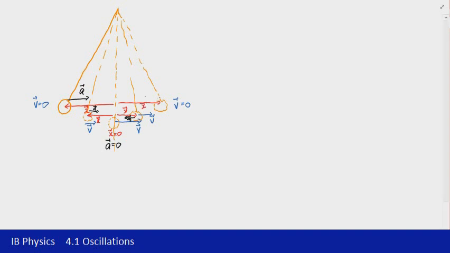I know there's a lot of messy notations there. I just wanted to really clarify those points first, so that we can then take this to a graph. So if we consider the graph that we're dealing with here, I'll try and make sure that the graphs line up with those positions. So looking at graphs of displacement time,